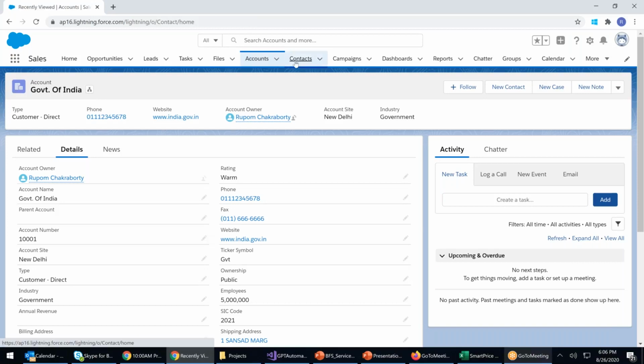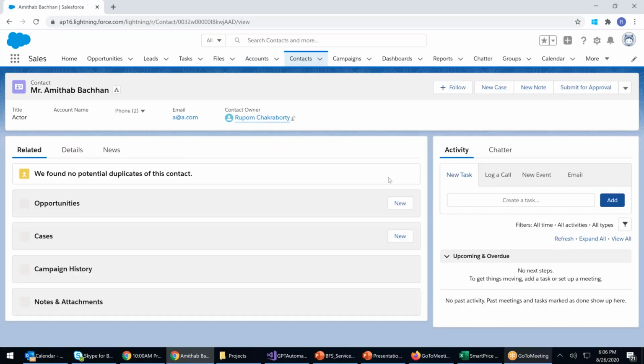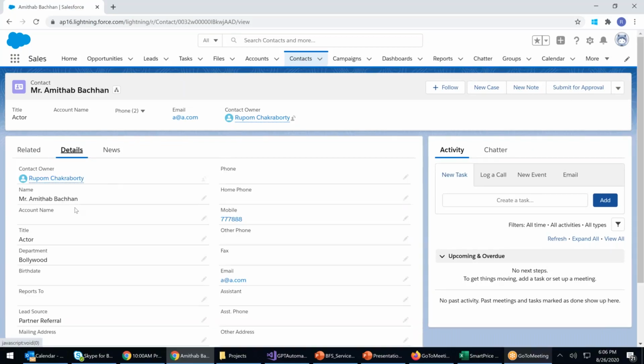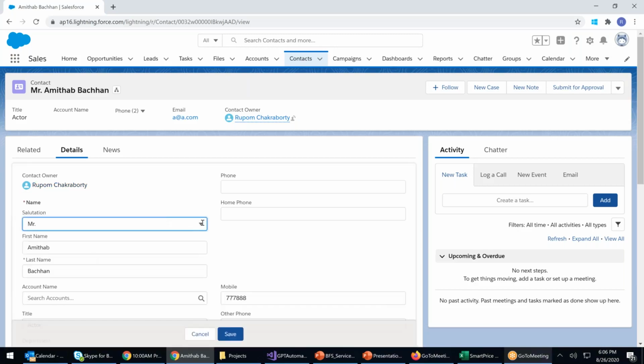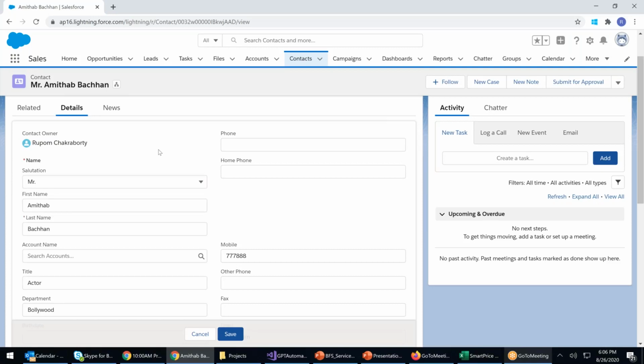Can you add, India has recognized the third gender: male, female, and third gender. So that means whenever I click on edit here, I see Mr., Miss, Doctor, Professor. We want to add X. Government of India has recognized third gender and we want to update it in the system. X, Rupam. That means neither male, neither female. Okay, that means the developer will create some customized field,